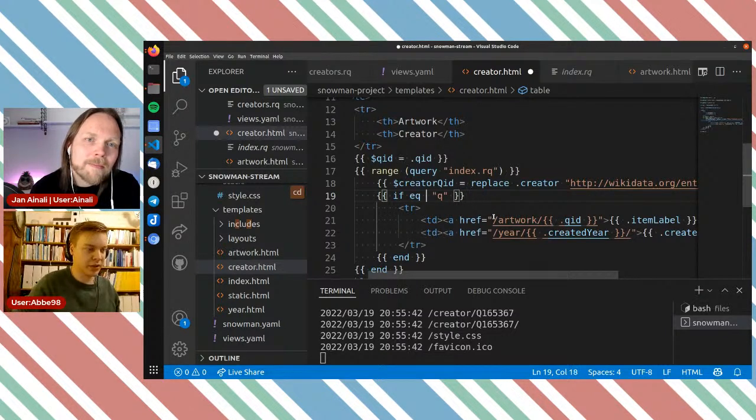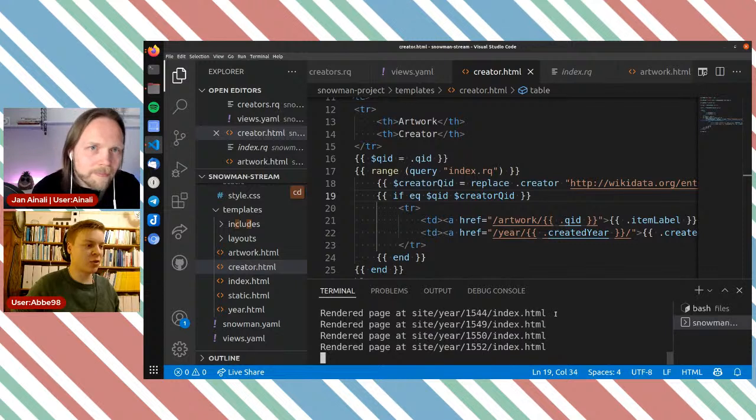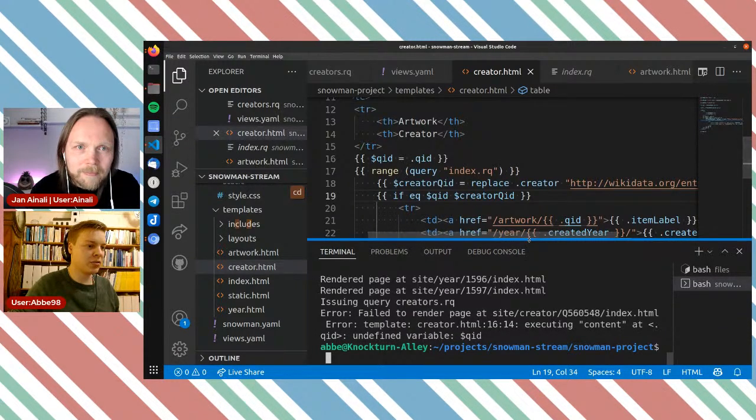So here it would be, let's do QID and creator QID in the next one. So if those two are equal. Let's see if we get an error. I'm still hoping for an error somewhere. Yes. Undefined variable QID.